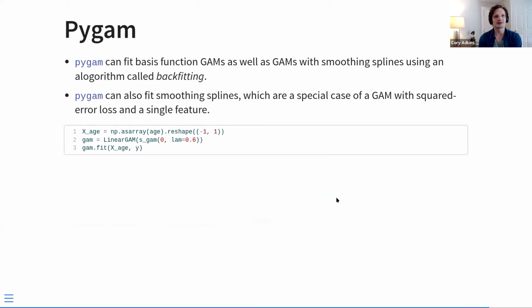So Pygam, when it comes to smoothing splines, uses an algorithm called backfitting. And I think we've seen backfitting come up previously, but basically the idea is that you hold all but one of the predictors constant. You fit a model for that predictor, and then